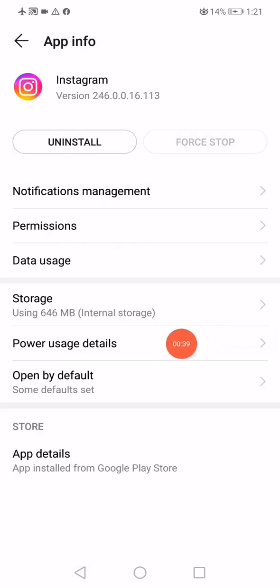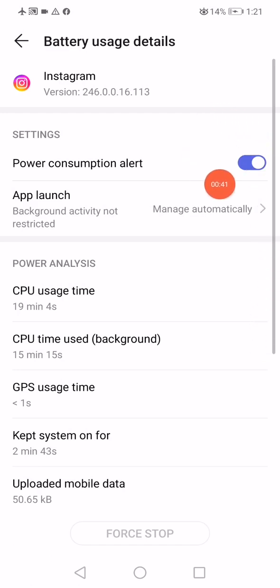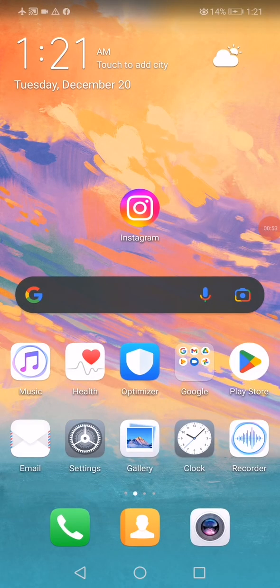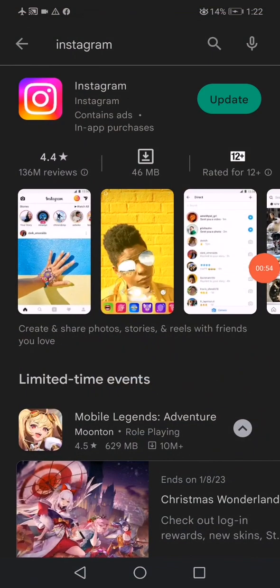Go back and open the power usage details and then disable the power consumption and enable it again. Open the app launch right here and then make sure that you have the same settings, enable all these. And last thing you want to do is open the Play Store or the App Store if you have iOS